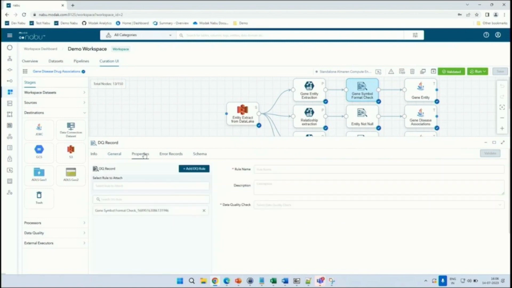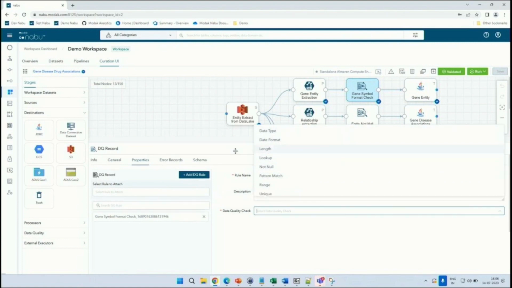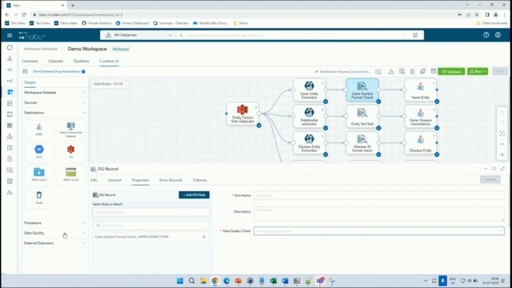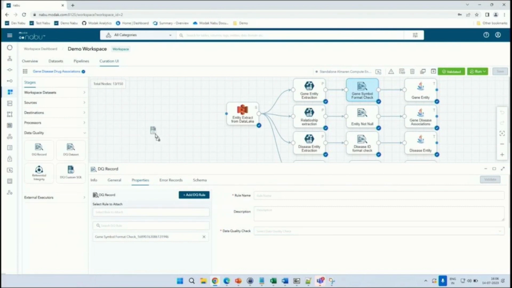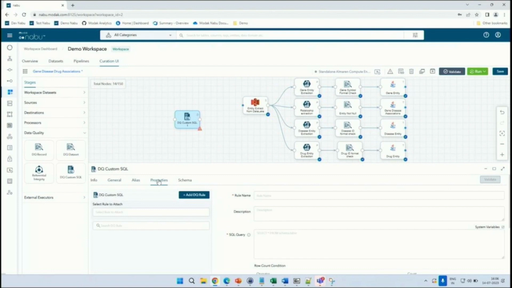There are a variety of different rules that are available that can be applied for these pipelines. These could include things such as checking for not null or unique constraints, or checking data types or length of data, and so on. There is flexibility around using custom SQL as well for creating these data quality rules, so that business specific data quality rules can be applied as part of these pipelines.